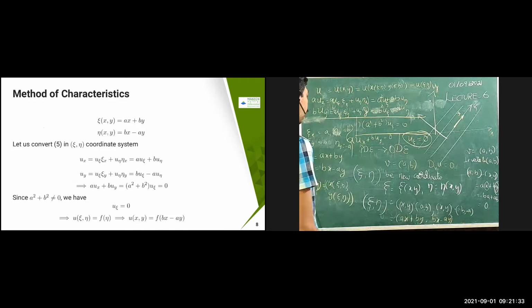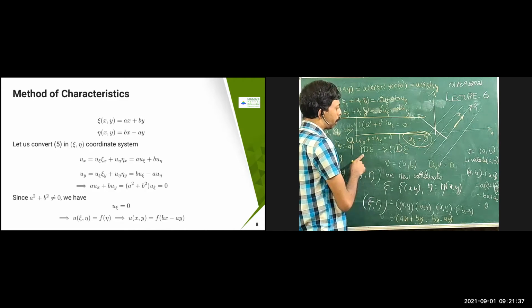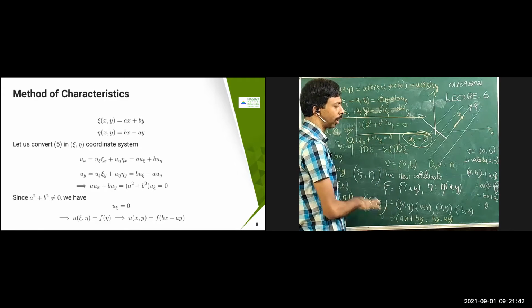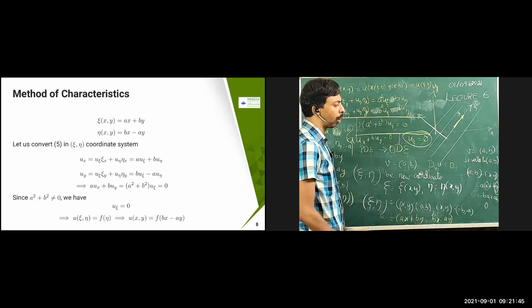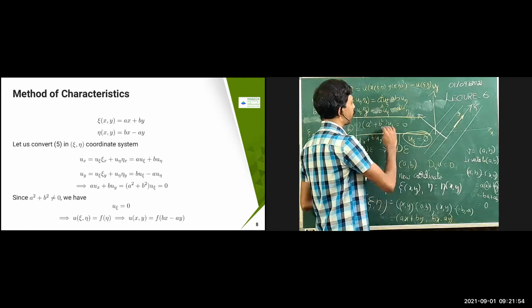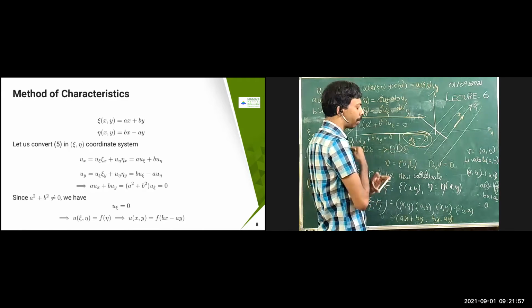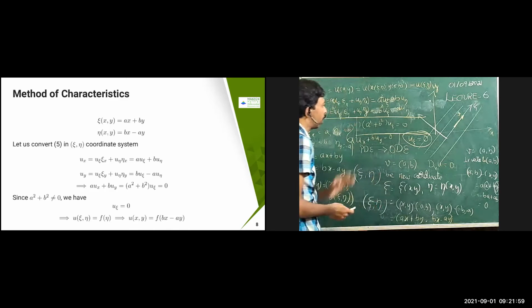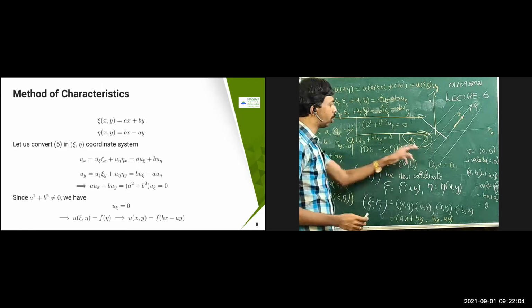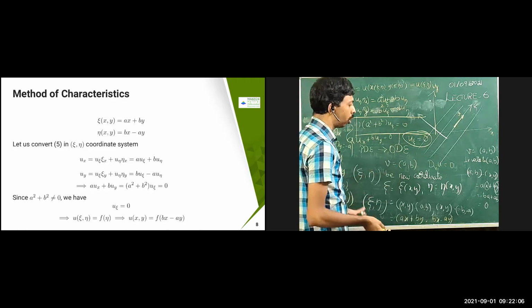So that means what I did was, using this transformed coordinate system, I converted this PDE problem into an ODE problem, because my second derivative coefficients vanished. It is no longer there. That means I converted it into a kind of ODE problem, u chi equal to 0. It is a very simple problem. The idea is that I just vanished one of the derivatives completely. If one of the derivatives vanishes, then you can solve this problem very simply. So u chi equal to 0 is there. If u chi equal to 0, then what is the solution?